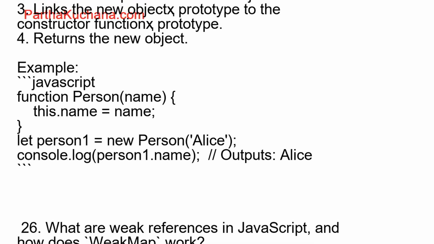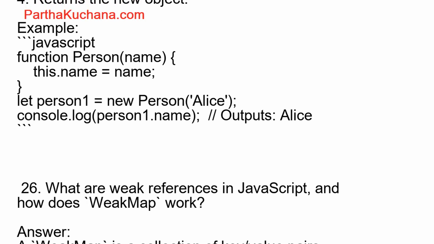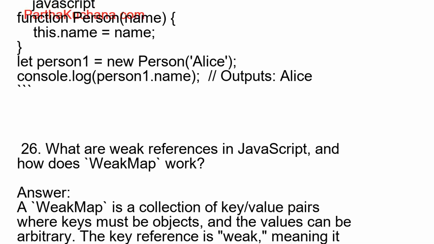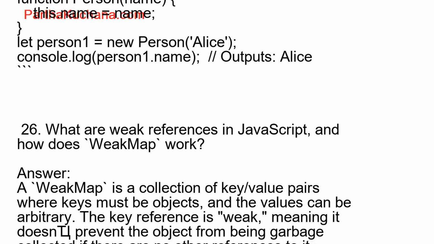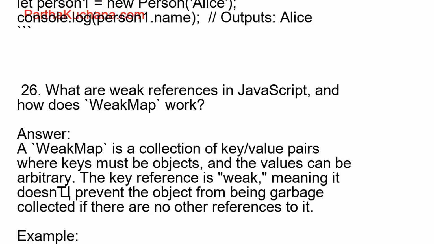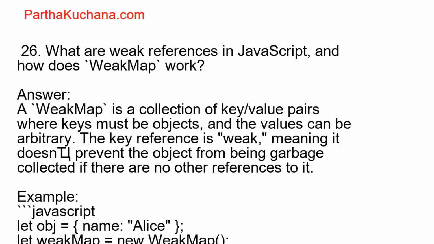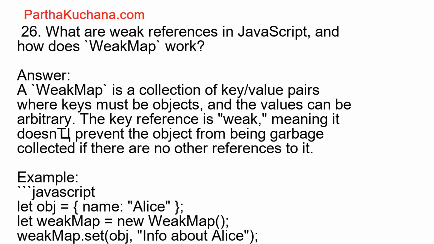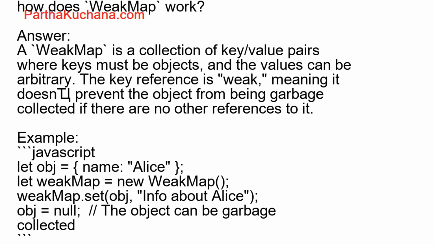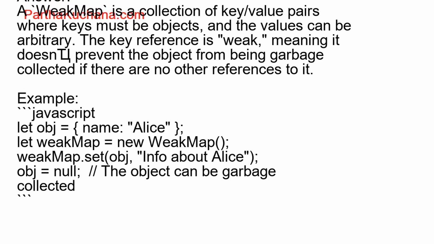27. What is memoization and how is it implemented in JavaScript? Answer. Memoization is an optimization technique that stores the results of expensive function calls and returns the cached result when the same inputs occur again. Example, JavaScript. function memoize(fn) { const cache = {}; return function(...args) { const key = JSON.stringify(args); if (cache[key]) return cache[key]; const result = fn(...args); cache[key] = result; return result; } }